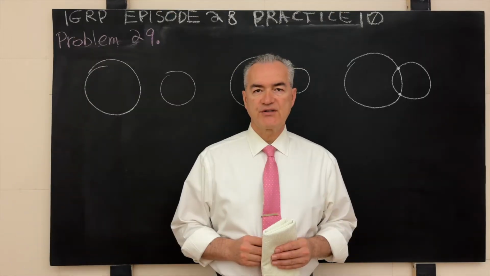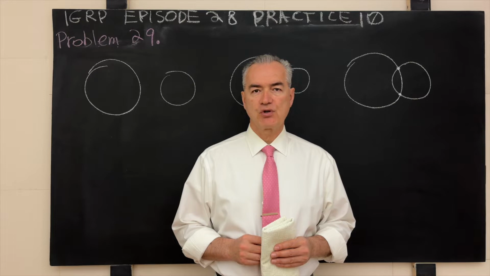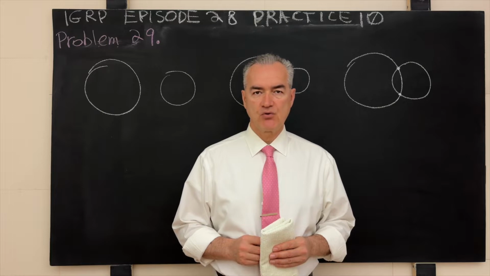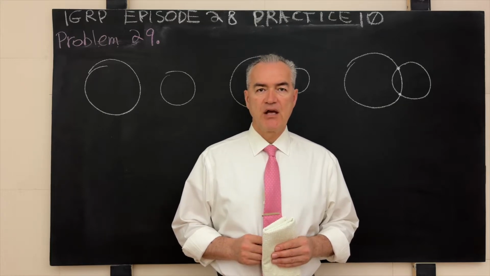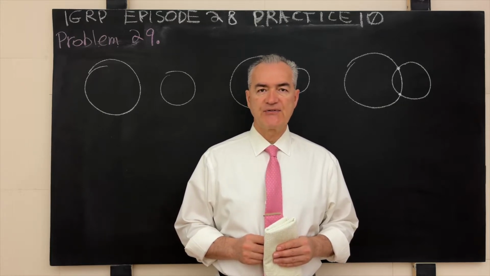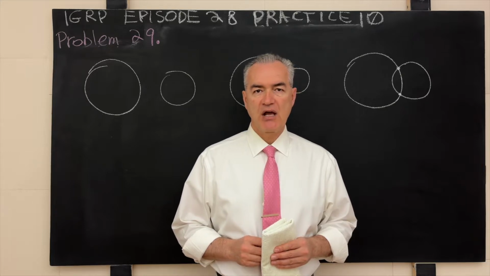Welcome to an elementary synthetic geometry-based introduction to inversion of the real plane with respect to a circle course, episode 28, practice 10, in which we will solve the last and the final problem of this course, the problem number 29, in which we are given two distinct fixed and coplanar circles, the lengths of whose radii are distinct and